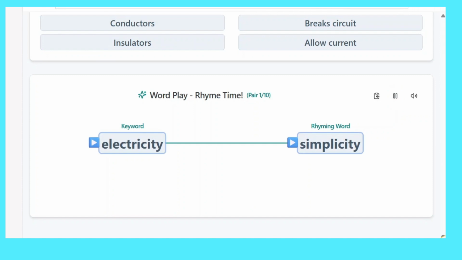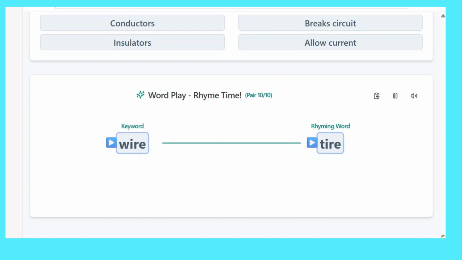electricity, simplicity, తింట్రా. battery, flattery, cell, smell, switch, ditch, lamp, camp, current, warrant, positive, dispositive, negative, legislative, circuit, biscuit, wire, tire,